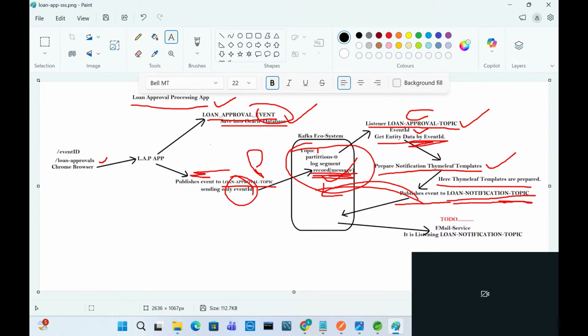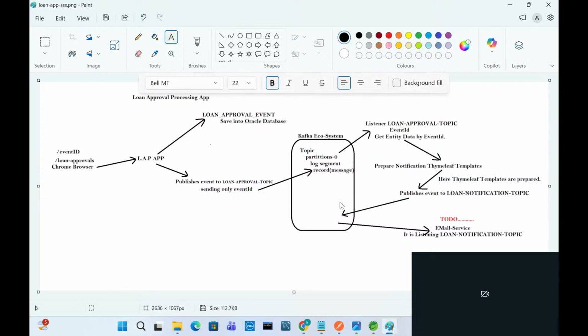So this is topic one, and there will be another topic. There are two topics, right? This is topic 2, this is topic 1. Topic 1 contains loan approval data. Topic 2 contains loan notification data. So after publishing the event to the Kafka partition,